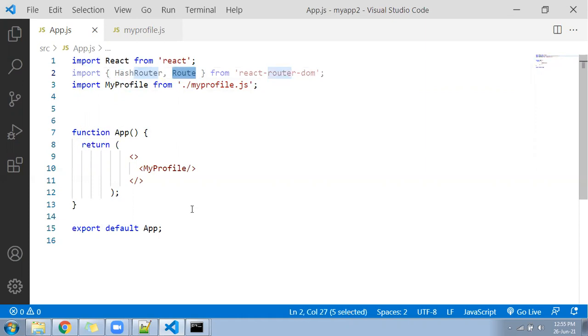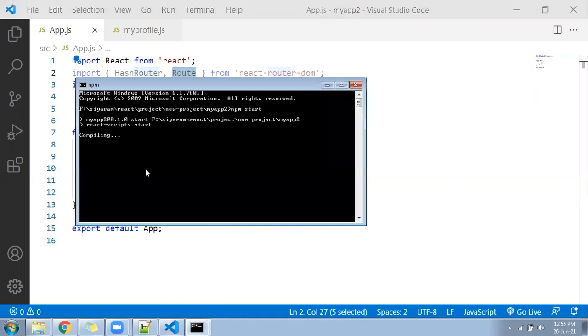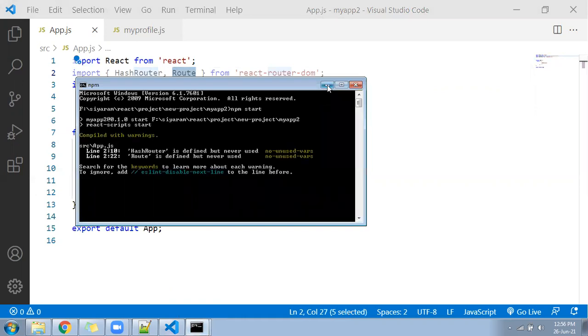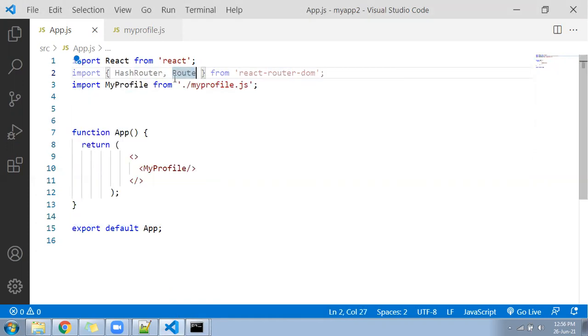I have already installed, but just to show you, I have done the reinstallation. So now I have added here HashRouter and Route. After importing the HashRouter and Route, I'll come here and I will implement here, I'll call here HashRouter. After calling the HashRouter, if your page gets compiled properly, then if you go to your browser, let's show you what will happen. Suppose my HashRouter is called here.